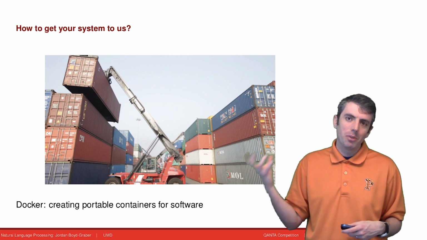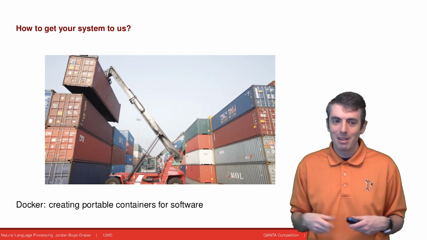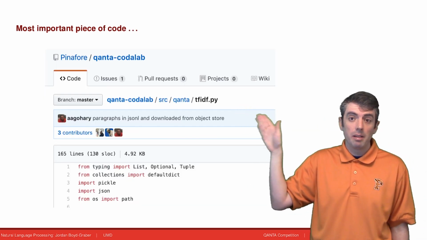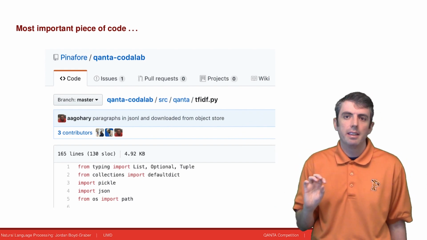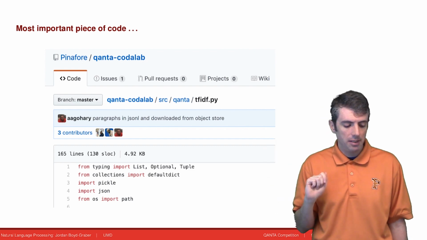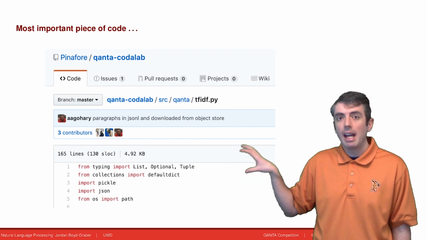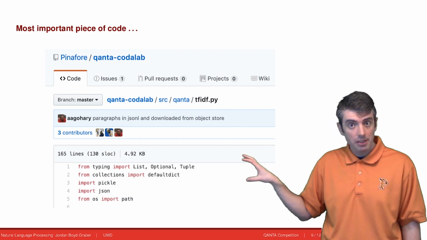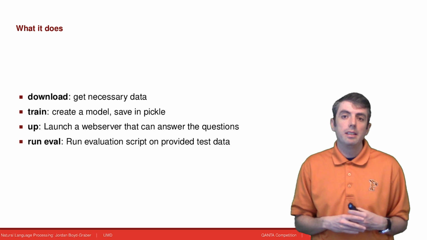So your systems are portable, they can be moved from place to place, and they'll fit into just about any Docker platform. We have an example system that implements the server architecture that you'll need to implement. It's a relatively robust but simple baseline that uses an information retrieval process to answer quiz bowl questions. You can see how we have implemented our system, and as long as you follow the same API, you can change the question answering process to whatever you want. The example code should give you everything that you need to get started.